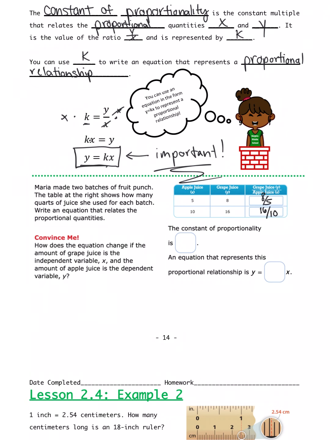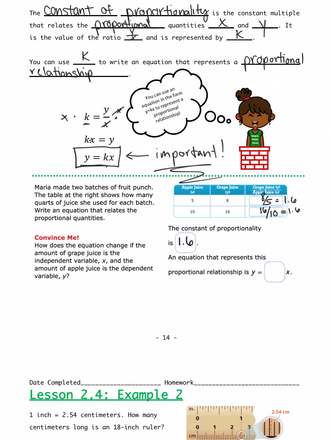So now we've been given our ratios. Remember, these fractions just mean we're dividing. So we're going to say 8 divided by 5. We put it in our calculator and we get 1.6. If we put in our calculator 16 divided by 10, we get 1.6. So our constant of proportionality here is